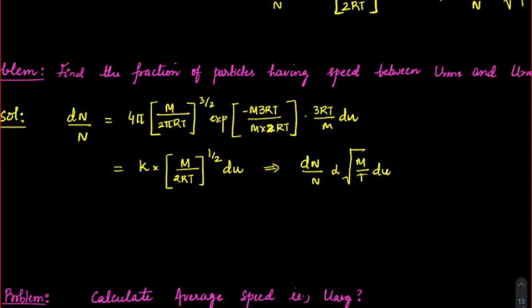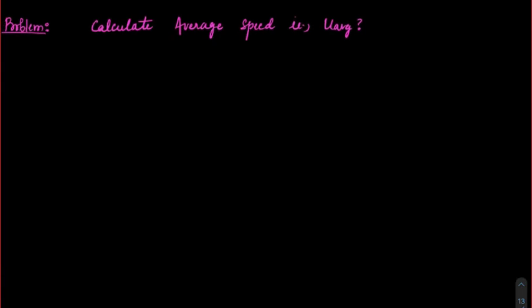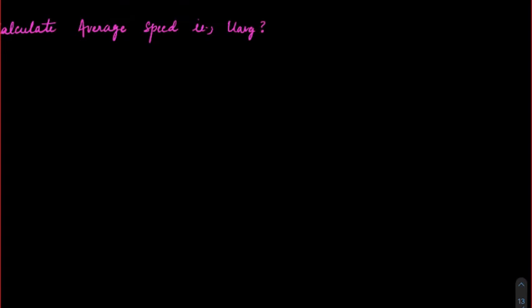Okay, so this is an important conclusion that we got from here. Now the next important thing we need to learn is what exactly is average speed. We got two speeds so far, I'll just put them out here. We got most probable speed, which is under root of 2RT by m. Then we got RMS speed, which is under root of 3RT by m. Now we are looking at a new term called average speed. How do we define this average speed and what exactly is it? Let us see.